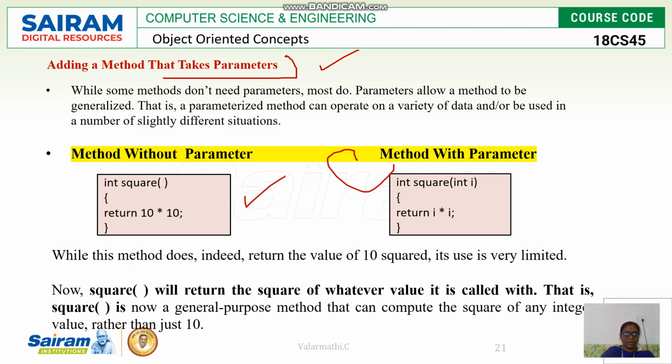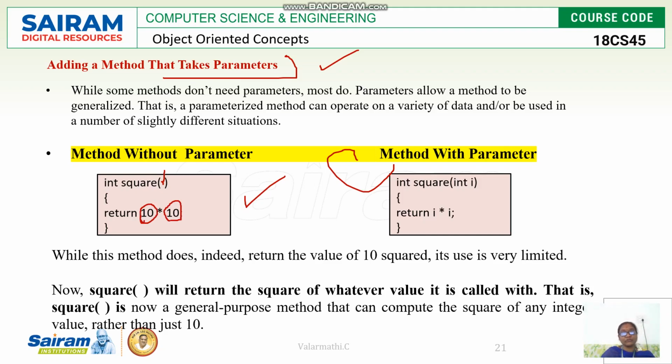In this first case, if you are not passing any parameter, like int square, we didn't pass any parameter. So what will be the output? Say I am assuming the value as 10, so it will return 10 star 10 as 100.